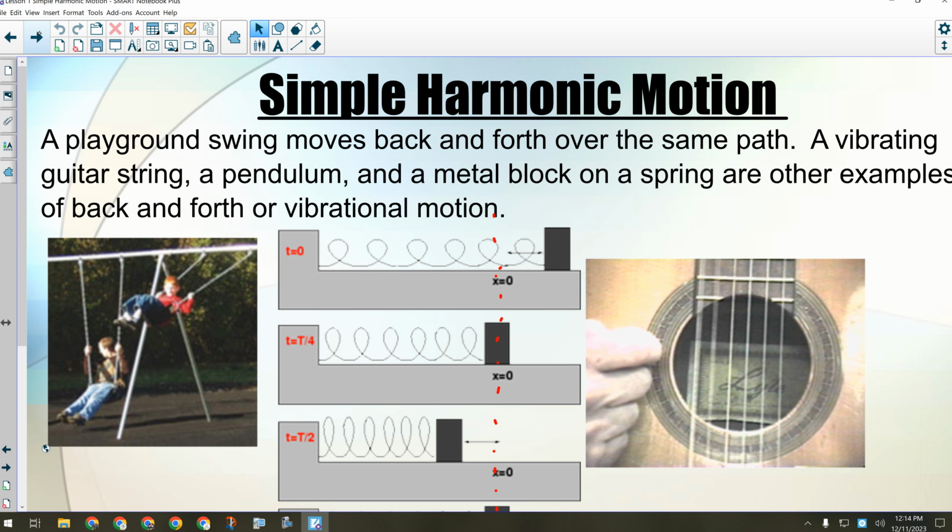Now, in order for simple harmonic motion to occur, there has to be a force there to cause it. The reason being is if you imagine a pendulum swinging back and forth,